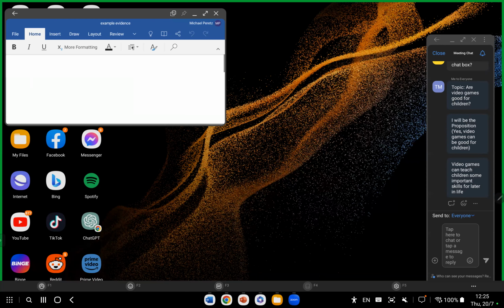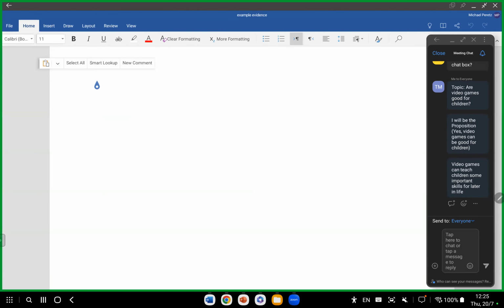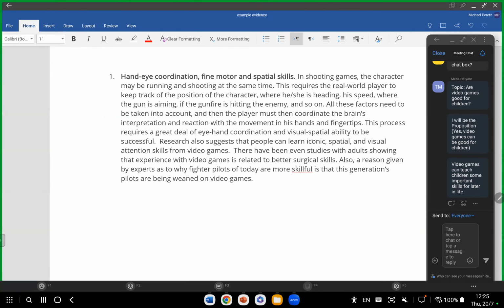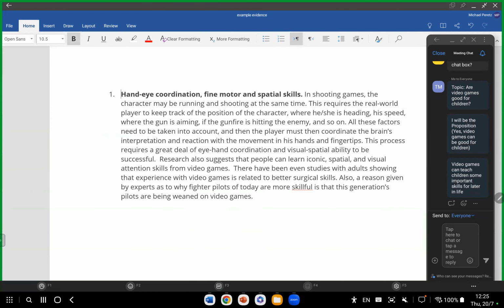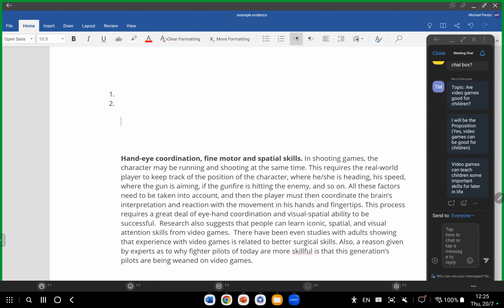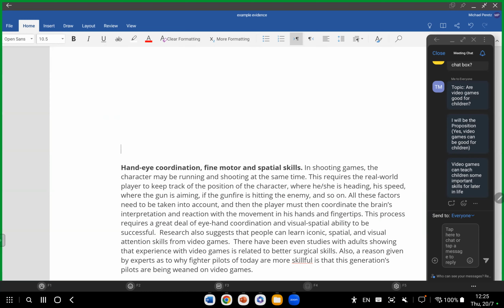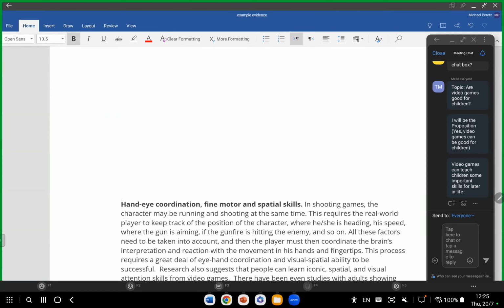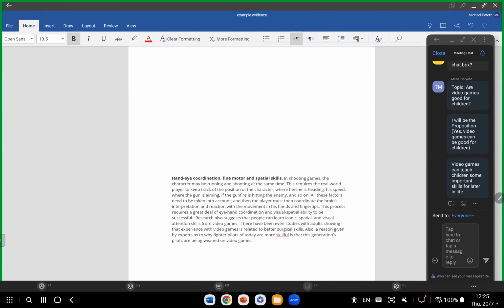So what I would do is paste my evidence in the document, but send it right down to the bottom of the page. And then I would have my